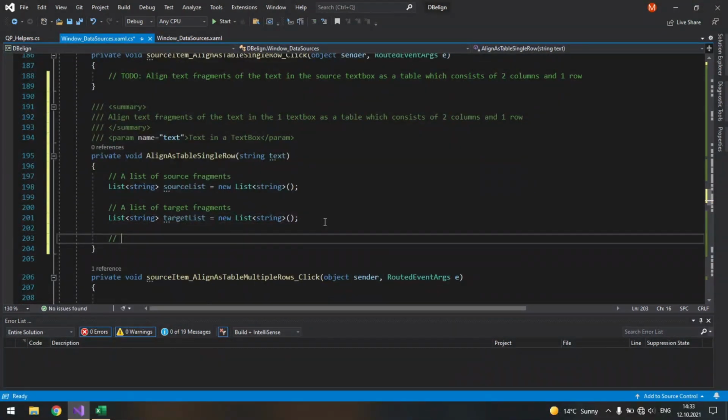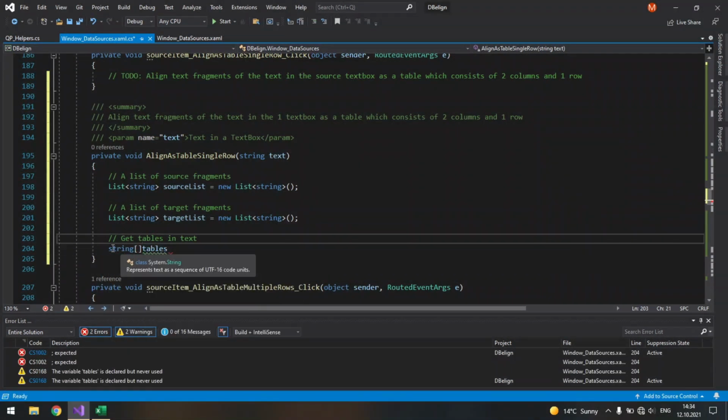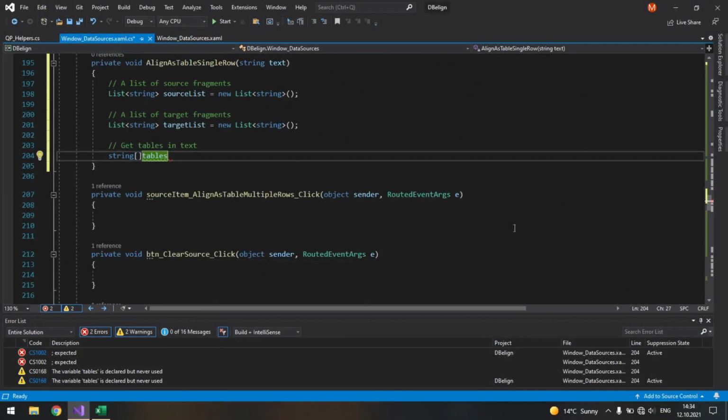So first of all, we will get tables in text, because the Word document might contain multiple tables. String tables. And the reason why I use a string array is because when we open Word documents in our program, we get raw text. And this raw text can contain special blank characters that exist in the text, which can be used as table markers. So string tables equals